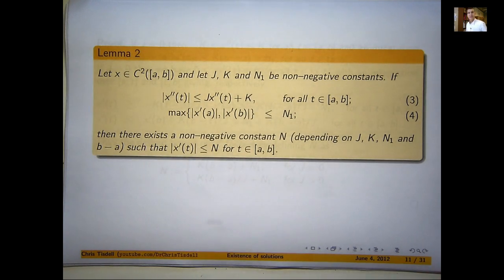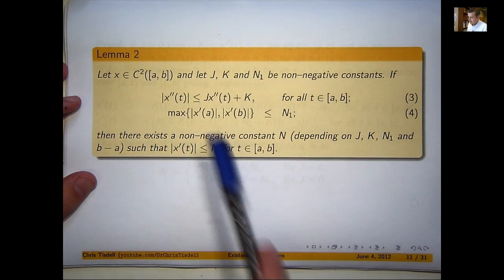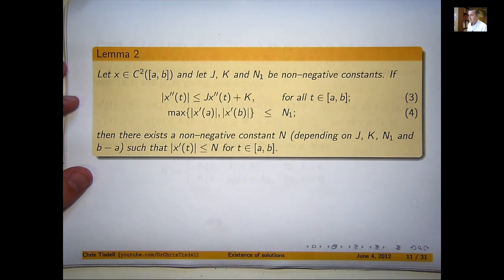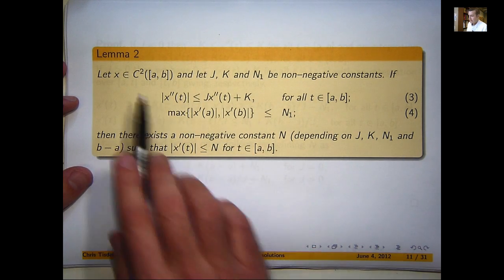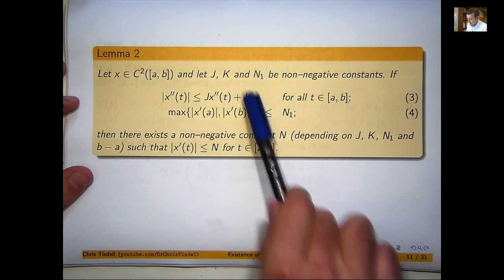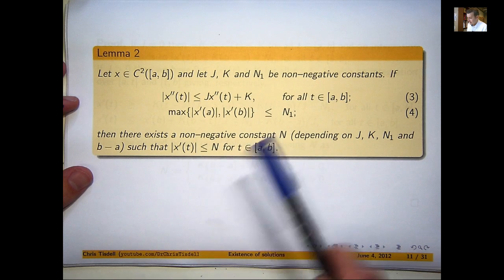Okay, so let's have a look at the first result. Let x be a C2 function on this interval. Let j, k and n1 be non-negative constants. If x has a second derivative that satisfies this inequality, and furthermore,